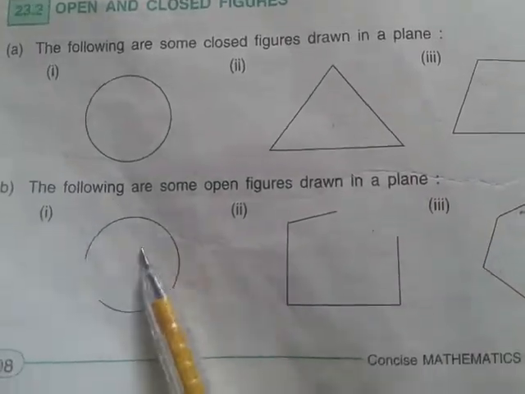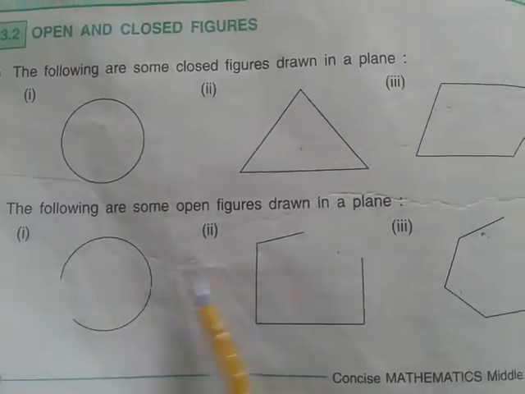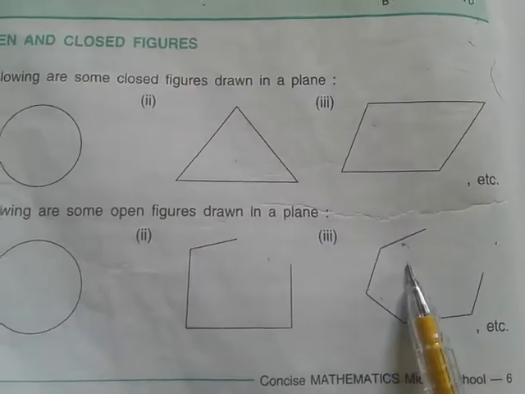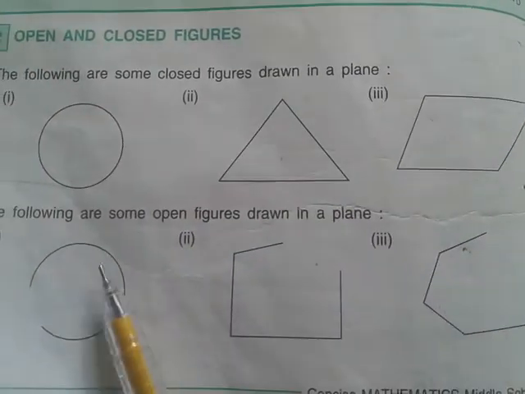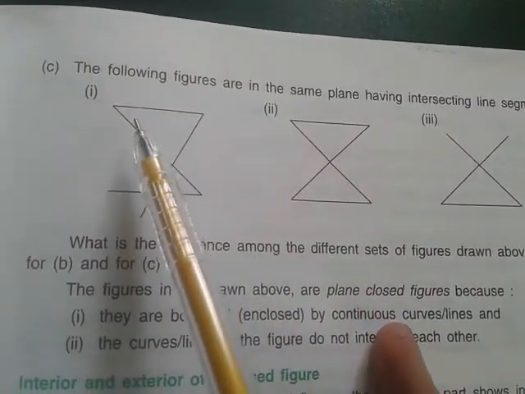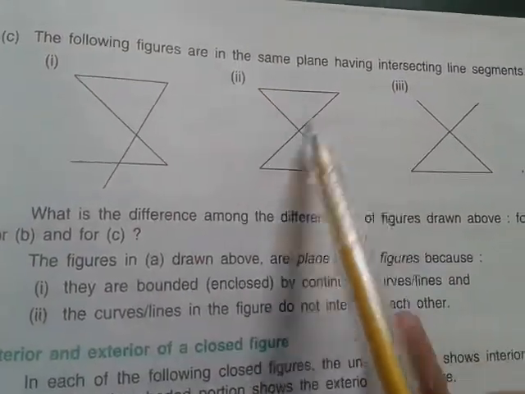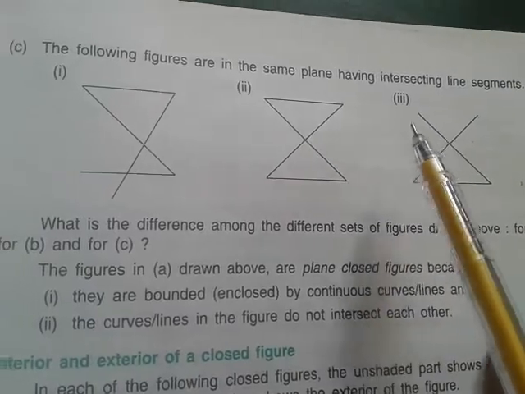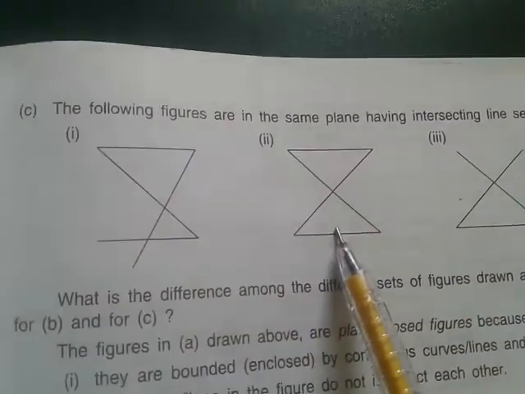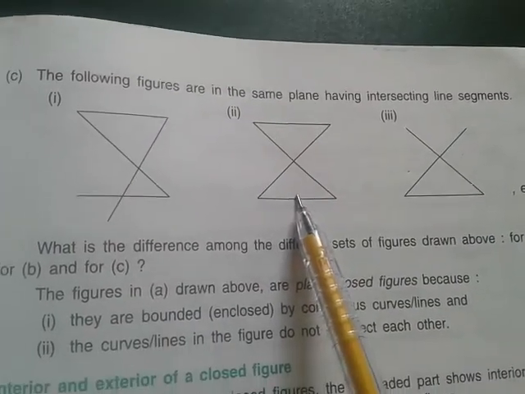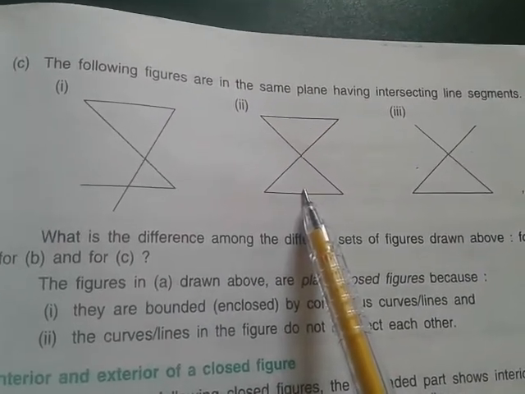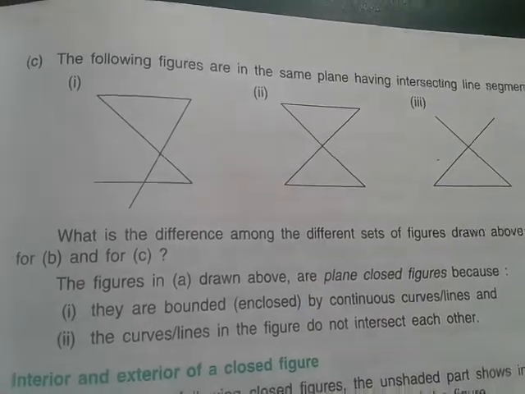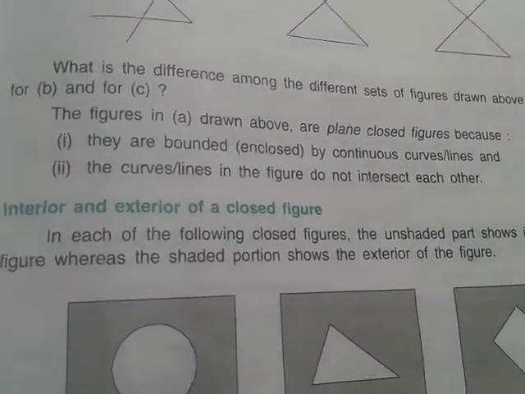These are closed figures. But if you will see these figures, these are all open. Here it is open, here it is open and here it is open. So these are completely closed figures, these are open figures. And the third one, if you will see, lines are intersecting, means intersection is there. So in first it was closed, open, and here intersecting line segments are there. Okay, so you know the figures very well now, open, closed and intersecting figures.